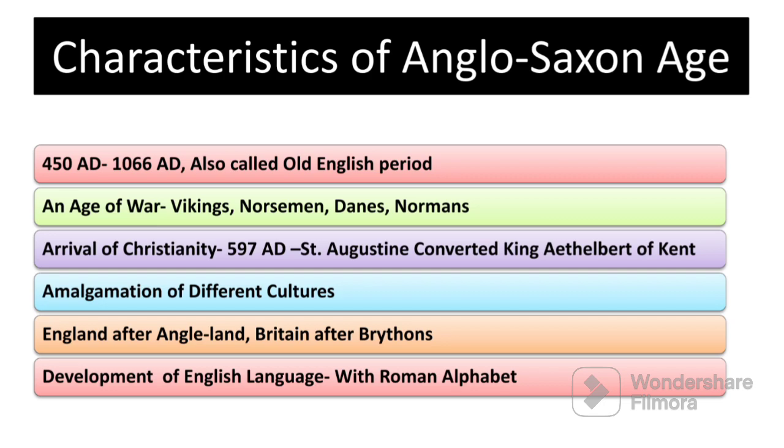During this time, because of all these attacks and because these Germanic tribes also started living at this place, there was an amalgamation of different cultures. And England got its name after the Angles, which means the land of Angles, because they were the most powerful people among all the other tribes. And Britain after the original inhabitants, the original tribal people who had been living there forever. So Britain after Britons. This age is important because it develops the English language, and it happened with the Roman alphabet,